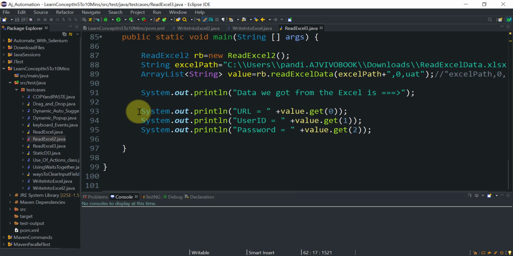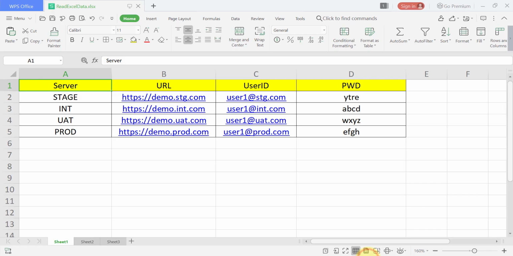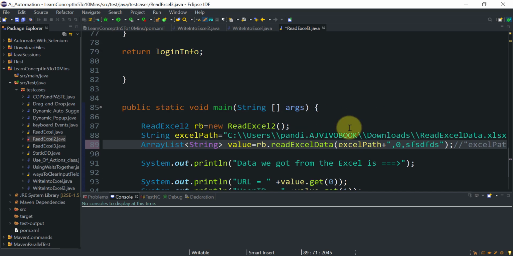Let's say one more thing we need to handle is, let's say I passed a wrong server name from here. I passed something like this. This is not available in our Excel, right? So we should print something in the console so that the user will come to know that we have passed a wrong server name. If you do not find the desired server in that Excel, it should print something in the console, like incorrect server name, or please check your server name is not available in the Excel.